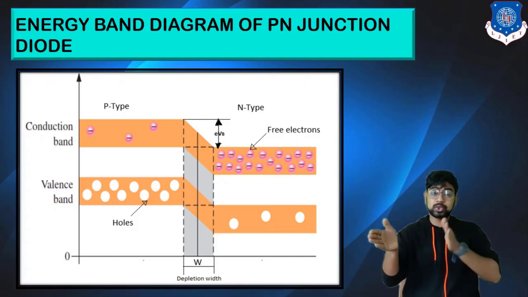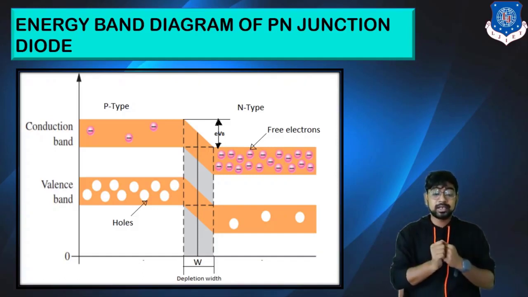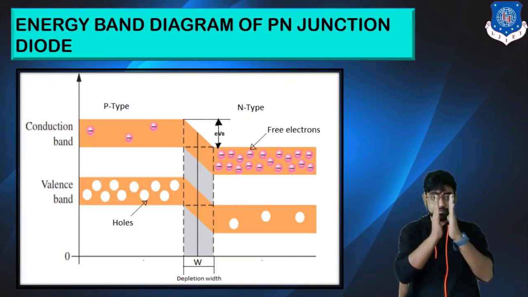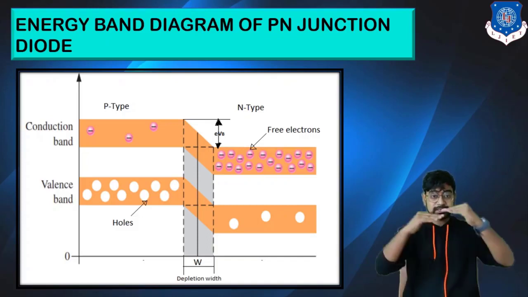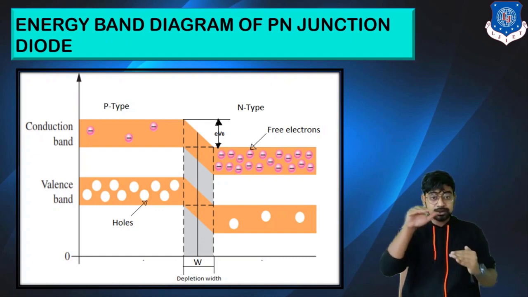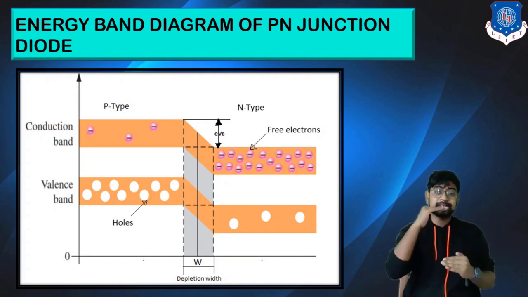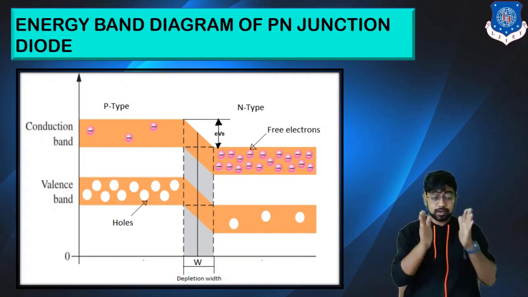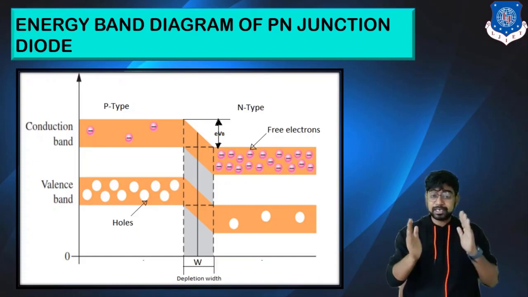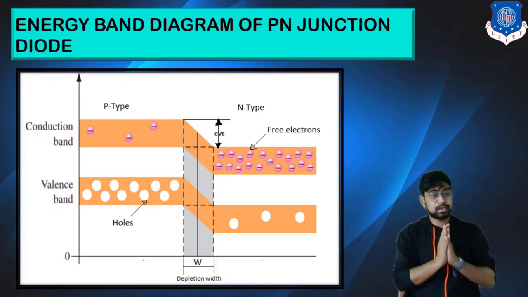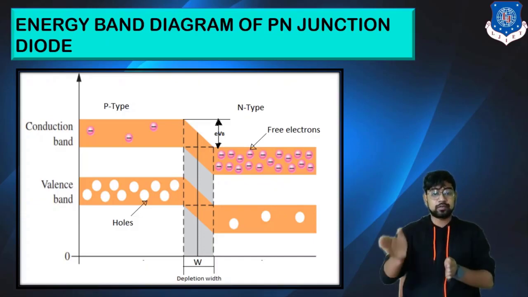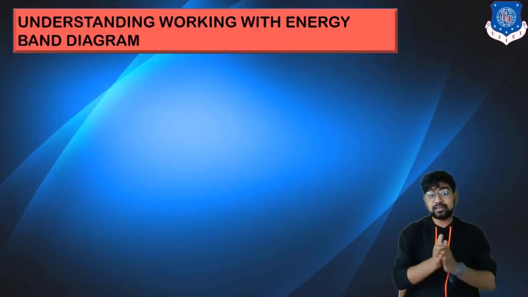The problem is, for electrons to flow from one end to the other, from N type to P type, the depletion width that is created is a barrier. You can see that there is a level change. Both Fermi levels should be at the same point, but when the N type and P type are diffused, they are at different levels. That is your depletion width, which restricts the flow from one end to the other. Now let's see what happens in the forward and the reverse bias.